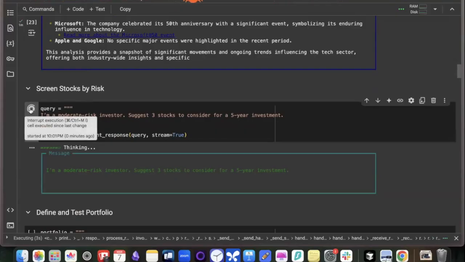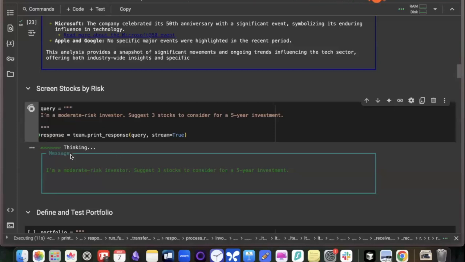So it starts to think. Based on the user query, now it's thinking, okay, I have access to these tools and the user wants this, so what do I have to do? The thinking is happening right now. That is the amazing thing about agents, right? So what would have otherwise taken...